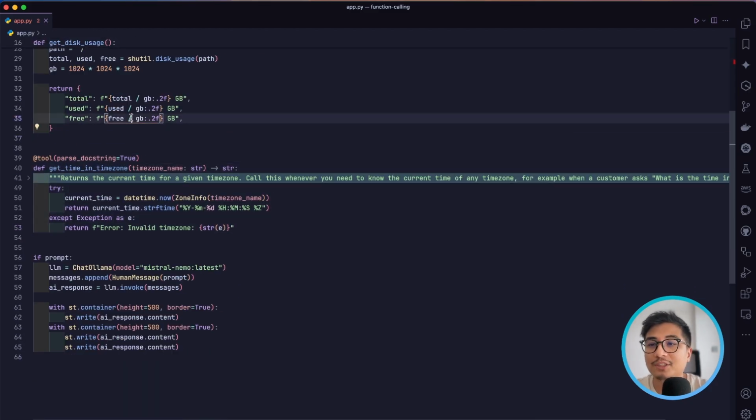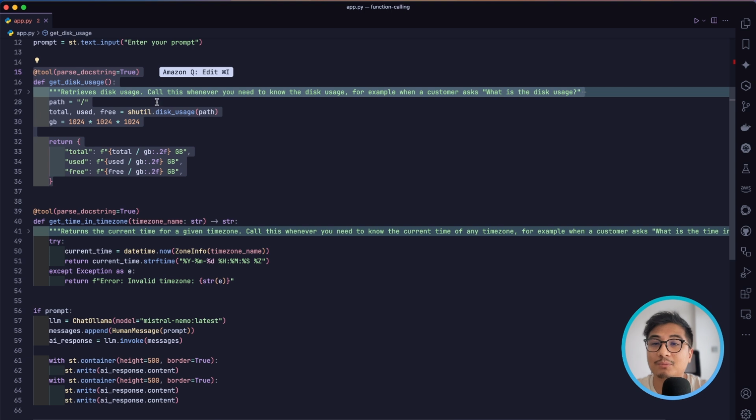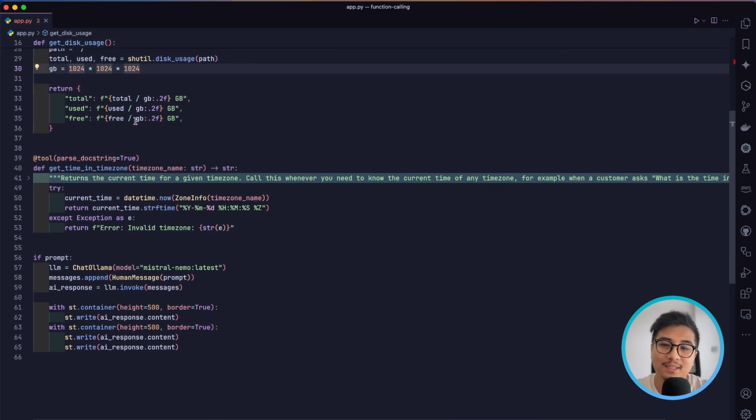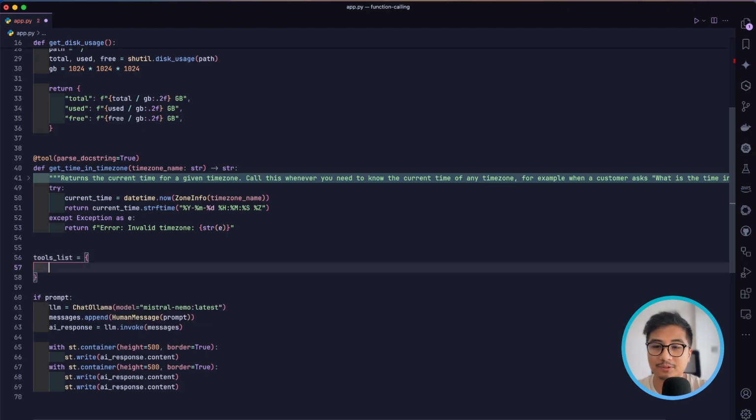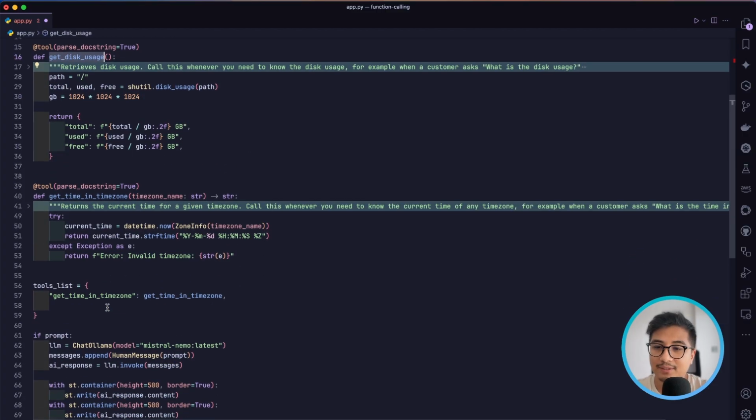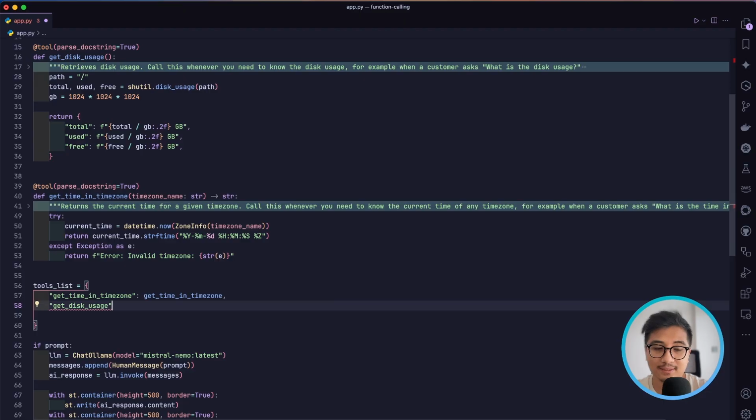Now we have two functions that our large language model can use, but we need to pass it to the large language model as a context, like, hey, you have these two functions in your tool belt. You can call it whenever you want. For that, I'm going to create a variable called tools list, and this is going to be a dictionary. This will have the name of the function and the function itself,